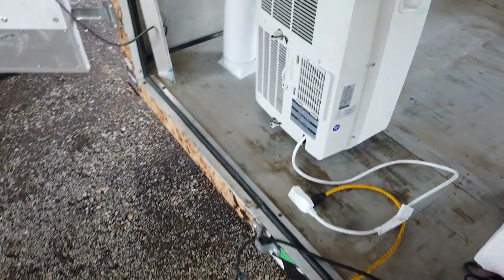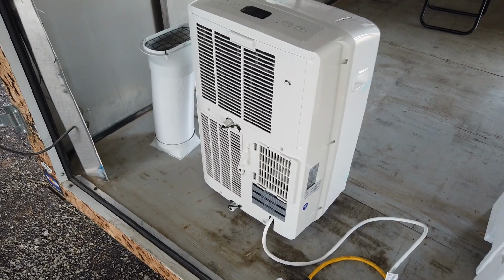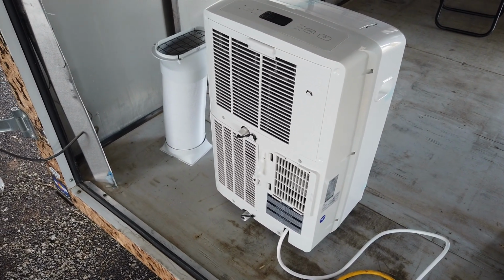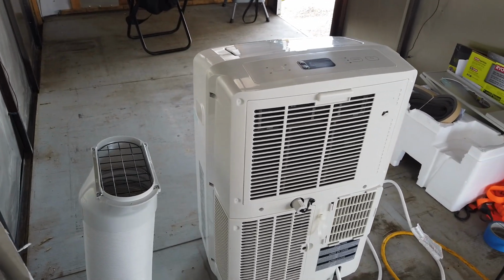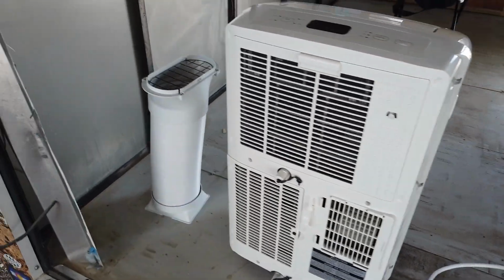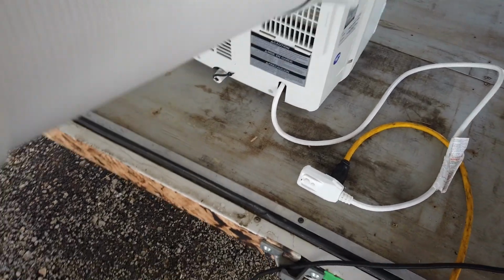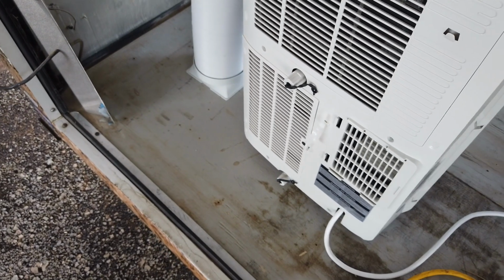The debates go both ways in the community as to what works and what doesn't for these indoor portable units. One debate is that they need to be super high powered to work. The other debate is if they're too high powered, they pull too much vacuum, pull too much air, create too much exhaust heat, and so on. It's not a giant unit, but it does take up space. Here's the rear vent hose. That basically goes here. We're going to vent it out the back. We're going to test it out the back of the trailer